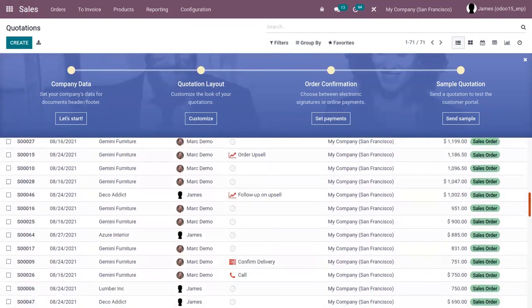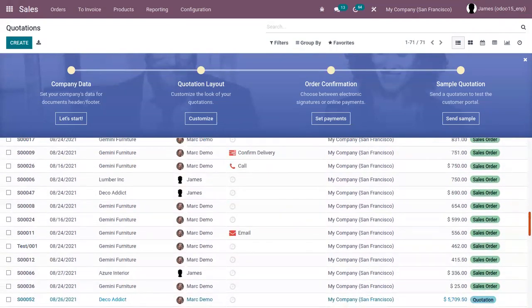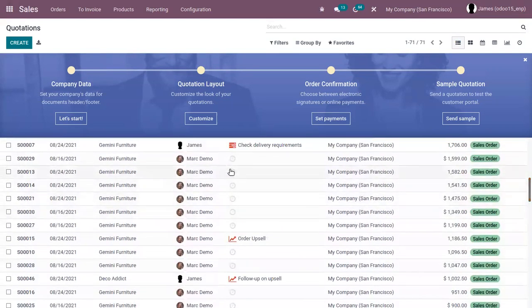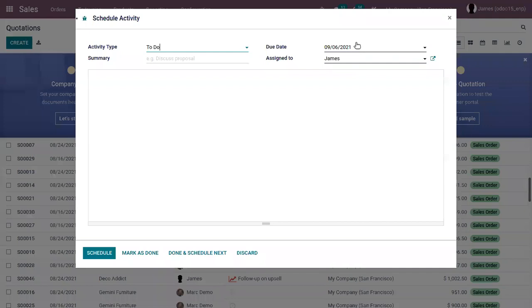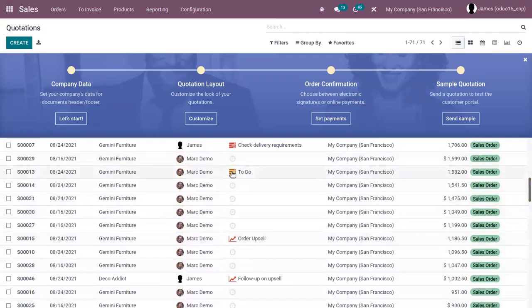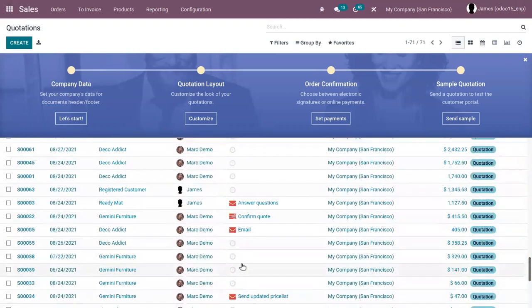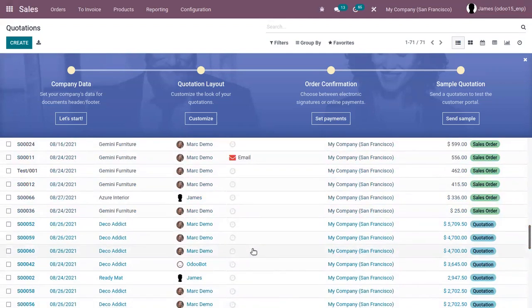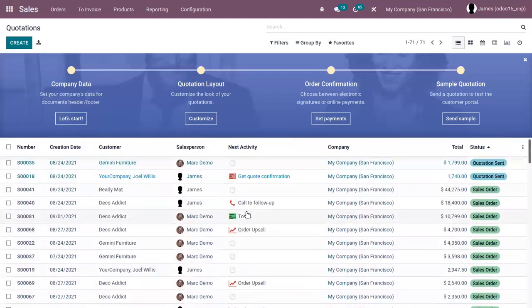And if you find any activity in yellow color, it means that some actions need to be done today itself. Like here, if I plan an activity for today, you can see it is indicated in yellow color. Activities shown in green color are those activities that have been planned for coming days. So no need to get worried about them, but should have an idea about those planned activities.